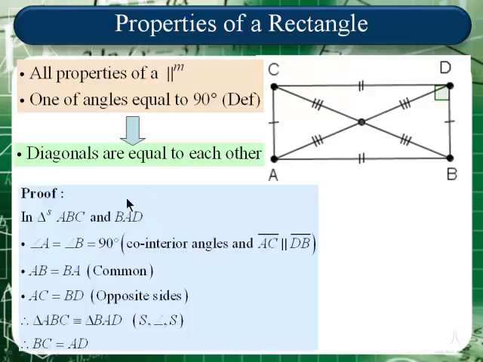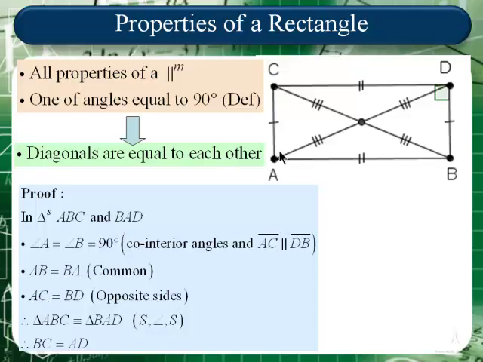So we need to prove this, and in order to prove this we consider triangle ABC, which we know is a right angle triangle, and triangle BAD, which is also a right angle triangle. So firstly we know that angle A is equal to angle B, and they are both 90 degrees because they are co-interior angles, and because AC is parallel to DB, their sum must be 180, therefore both of them must be equal to 90 degrees. Furthermore, AB is a common side, and